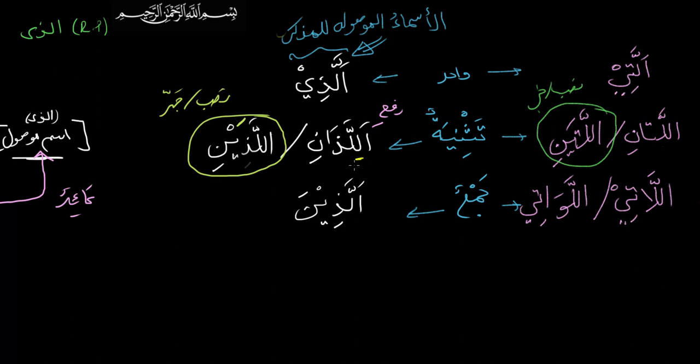There's an extra L in the dual form here for masculine, and there's an extra L in the dual form for feminine, and also in the jama form. So that's just some funky spelling rule that's there, and apparently not a mistake. So allazi, allazani, allazaini, allazina, allati, allatani, allataini, allati, allawati.